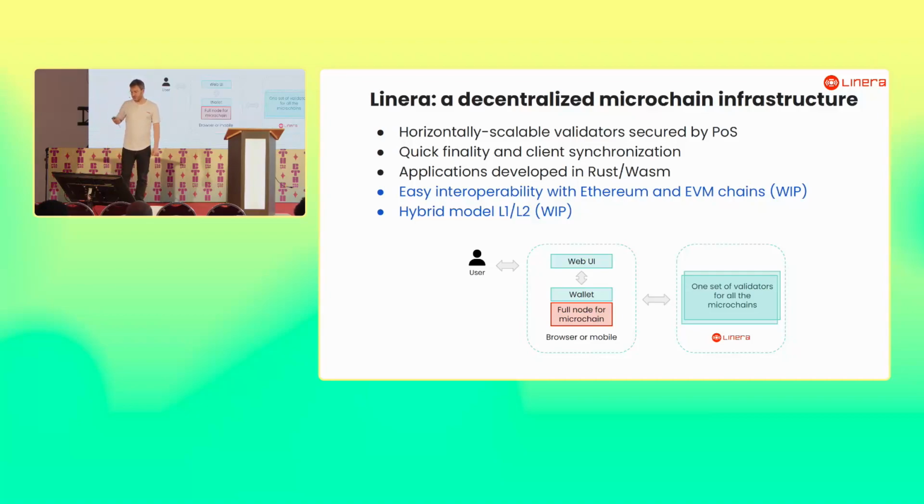And so what does it look like in our system? If you compare to the previous diagram, you can see that we don't need a data provider. When you program most of the applications in Linera, you will just replicate the microchains inside the wallets of the users, and then the wallet will be serving the data to the web UI. So in that system, the wallet is acting as a local data provider, which is something that is very original, and it's completely unlocking what I was talking about, the reactive programming and the fast notifications to the users, to the user UI.